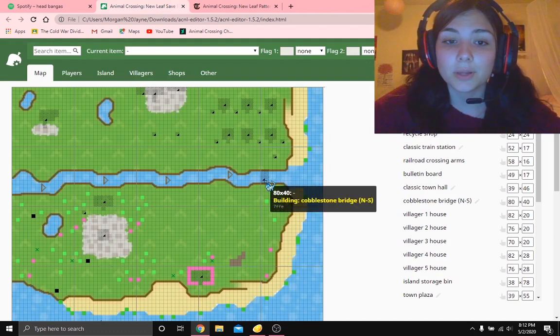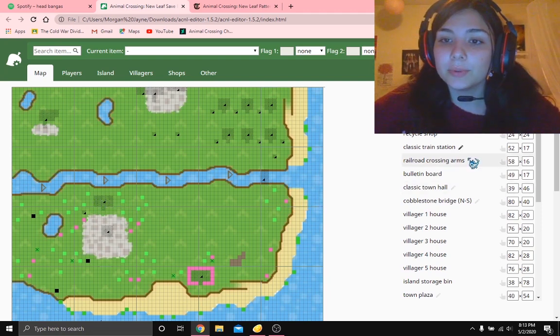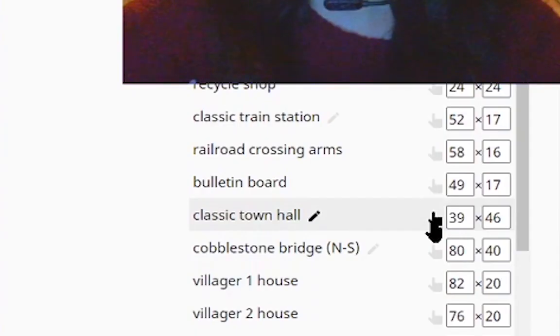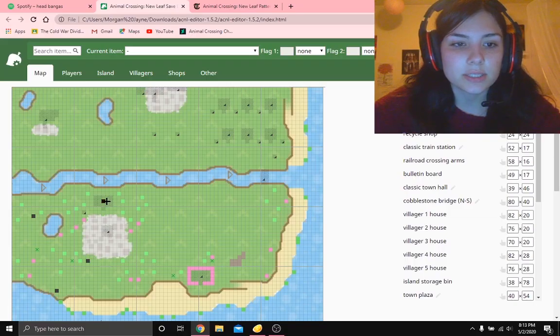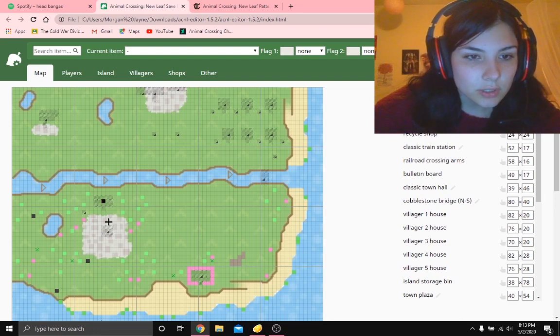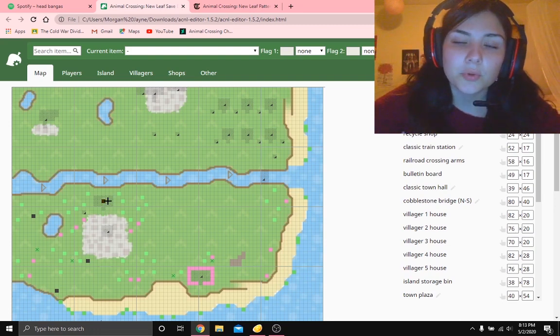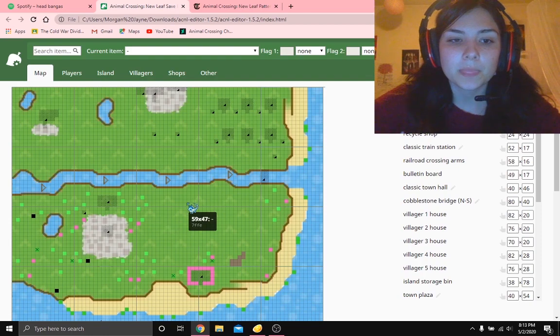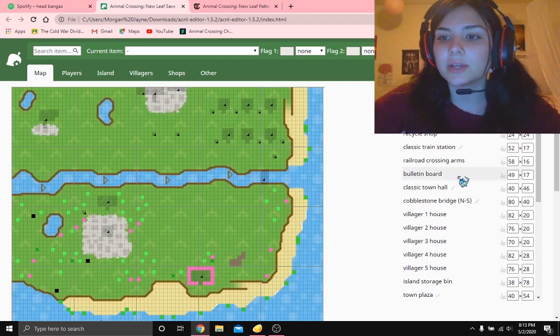And I only have one cobblestone bridge right now because I have not gotten my development permit yet. Over here are your buildings. What you want to do is click on this little thing right here. So I want to move my town hall, so you click that little pointer, and then you can see it flashing. So now you can click to any box that you want it to move to. So I'm going to move mine right here,